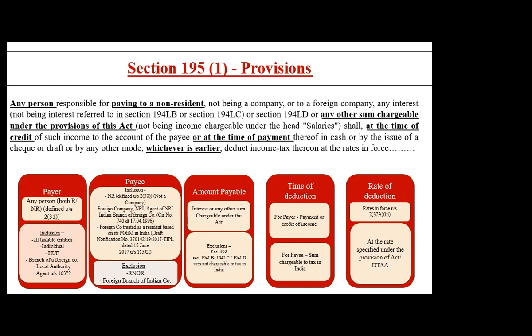So any other mode, in case it is paid in kind. For example, we can take a latest example of KBC. They say that if you win 1 crore, you will also get a car, I think. So let's say a non-resident comes in and wins 1 crore and the car also. Are we saying that we are only going to deduct TDS under 195 on the prize money, the cash component? No. We are also going to deposit the extra TDS which is there on the car, either by deducting through his cash prize or by separately depositing it from our end. But that amount has to be deducted.